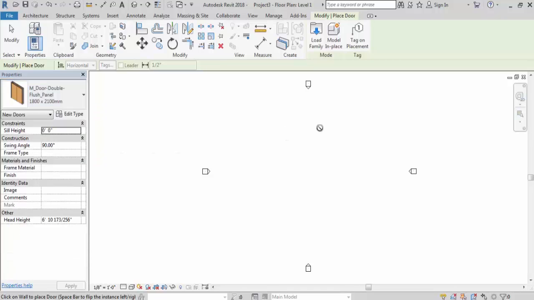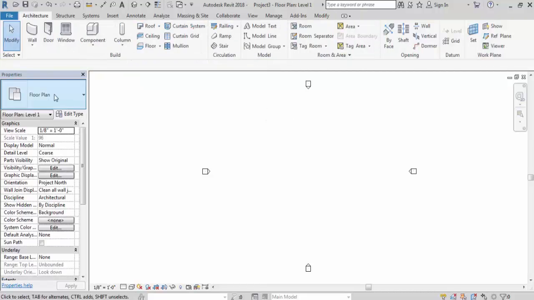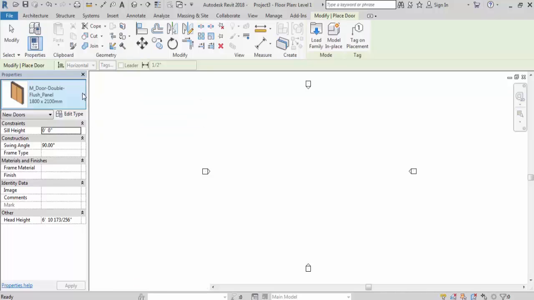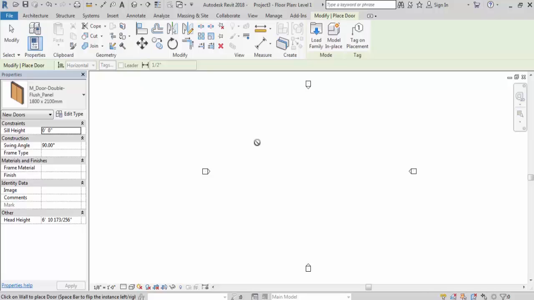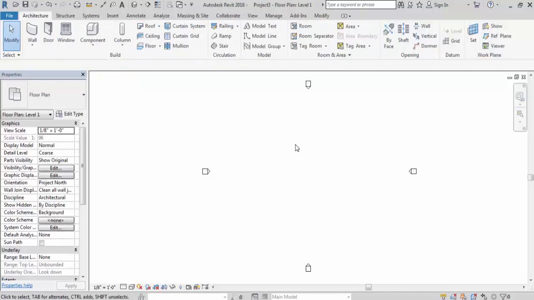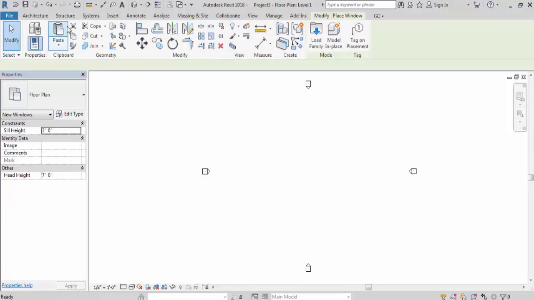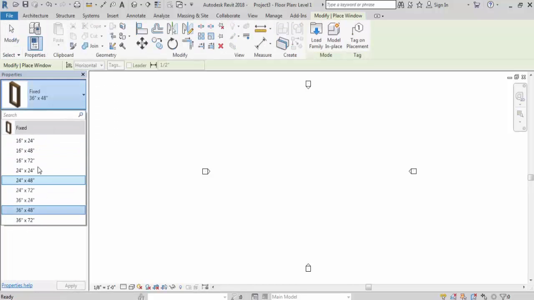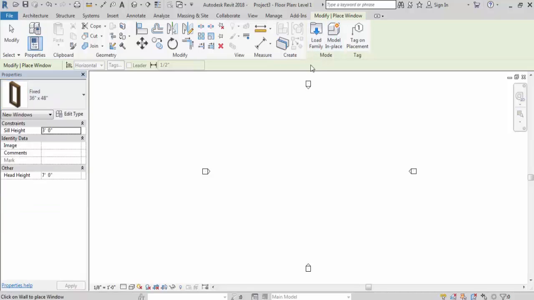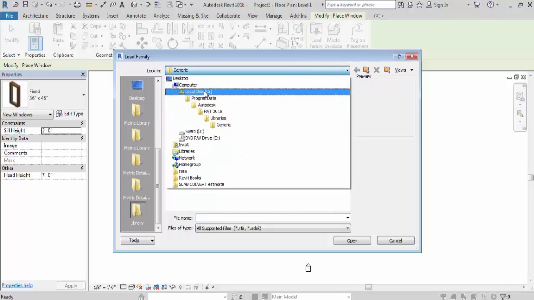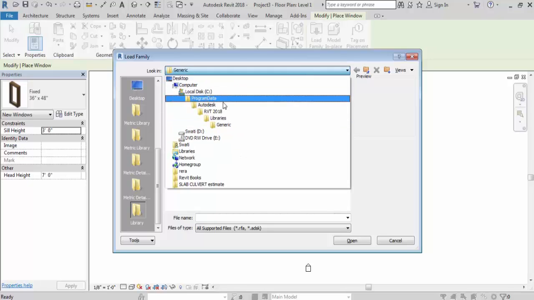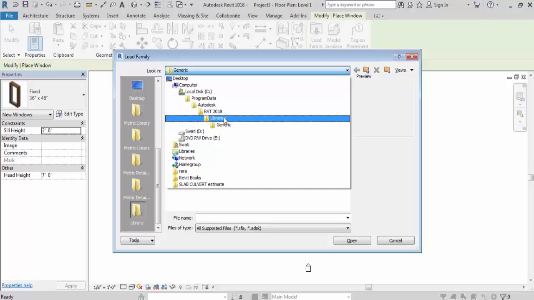Now if I go to the Window command, select window. These are the different types of doors. If I need a different size or different type of window, then I need to go through the same process: C drive, ProgramData, Autodesk, Revit 2018, Libraries.